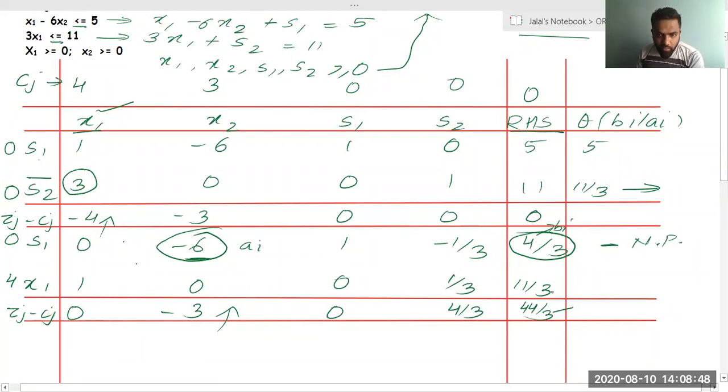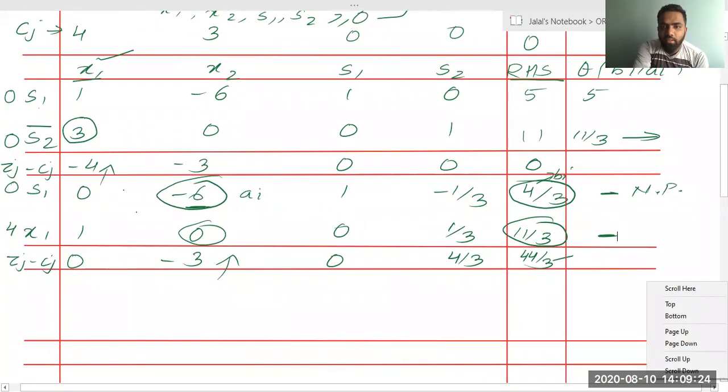Now we will try to find theta for this 11 by 3 BI and AI is again 0. I already told you we can divide 0 by something, but we cannot divide something by 0. And even if it was 0, suppose this side would have been equal to 0 and here it would have been minus of something, suppose minus 7, it would not have been possible to divide 0 by minus 7. If there is some kind of minus here, theta is not possible. Always remember theta won't be possible. So 11 by 3 divided by 0 is also not possible. I hope you got something.